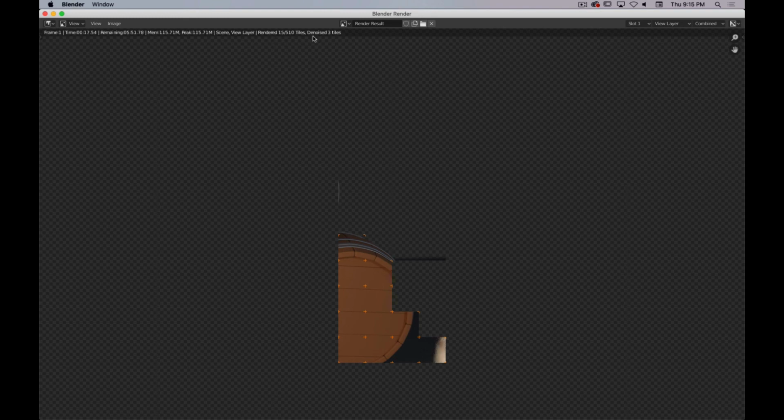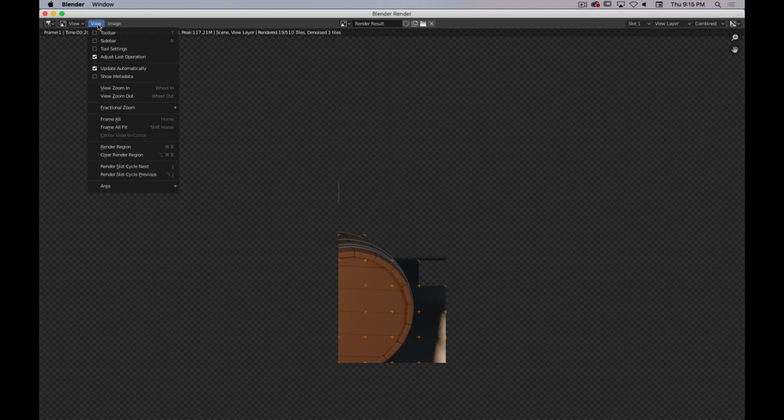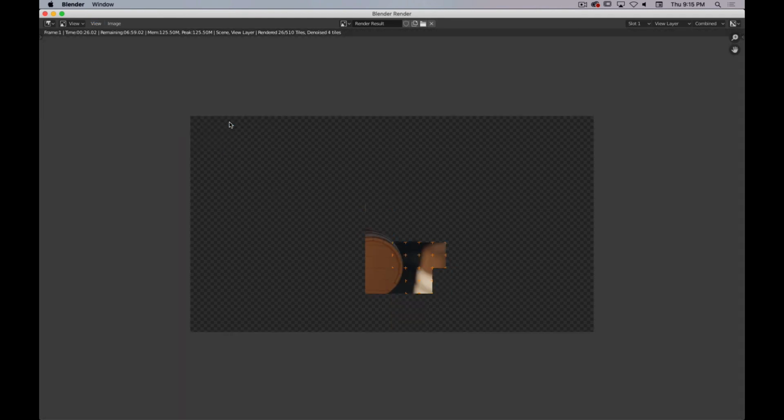You can see the tiles rendering up here. You can see how long it's taken to denoise. You can also go to your view and change your zoom, so you can kind of see the whole thing if you want. And this will go through and render, and it's got an estimate, so this is going to be like an 8-minute render,